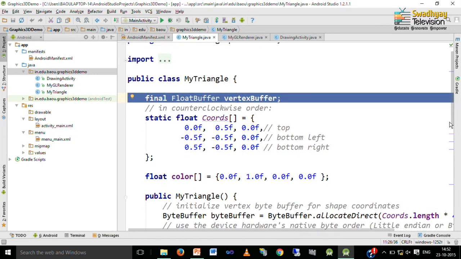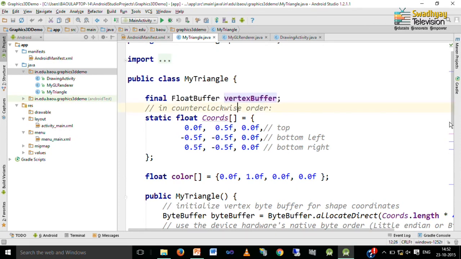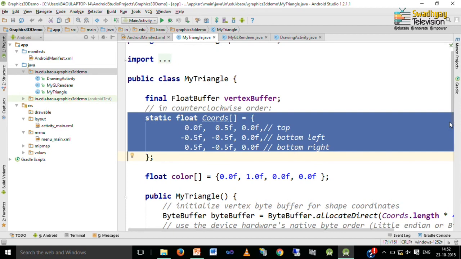First line declares one float buffer, which specifies these coordinates in memory, and here we specify the coordinates for our triangle that we have also discussed in theory. First specifies top, second specifies bottom left, and last coordinates, which is an XYZ triplet, specifies bottom right.